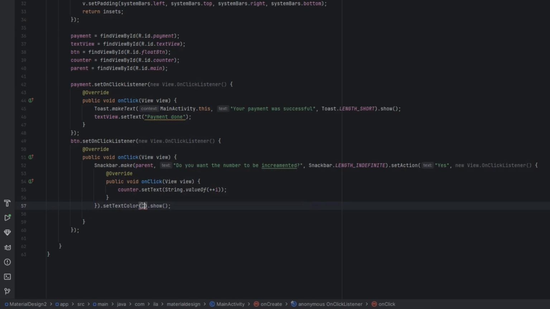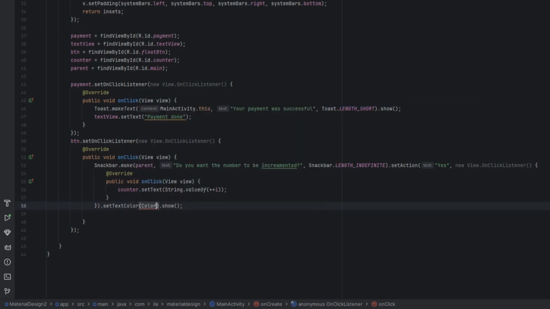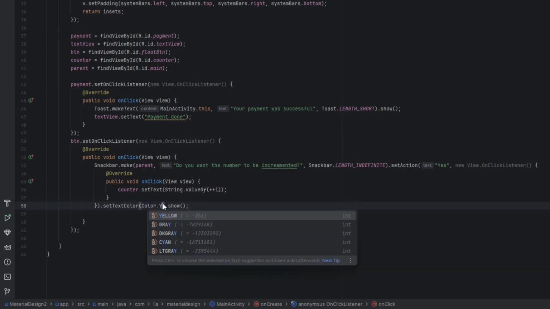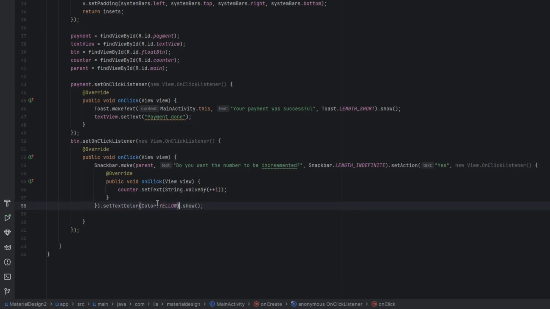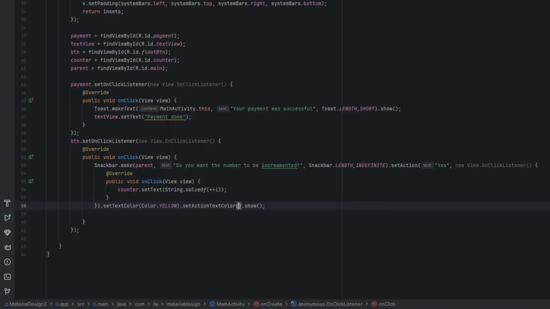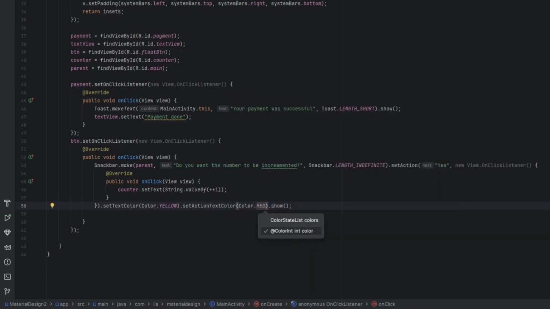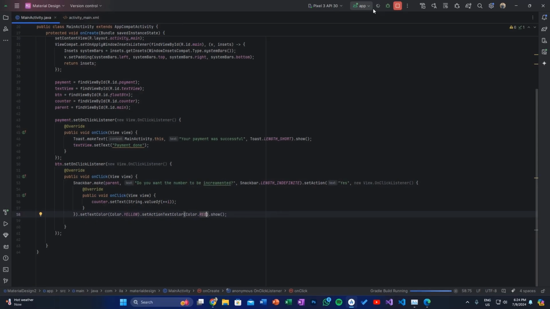Within text color, I'm going to give Color.red, and so this is going to be, let me give yellow, and after that I'm going to say setActionTextColor to be Color.red. Now when I refresh my application,